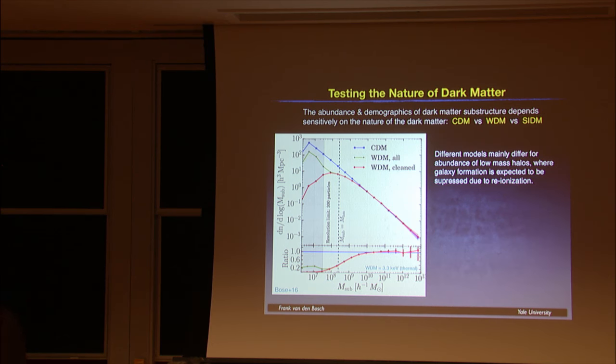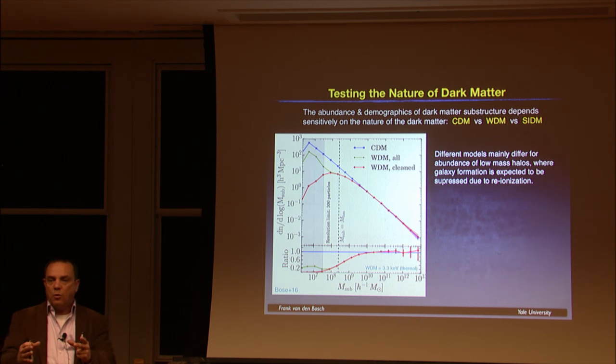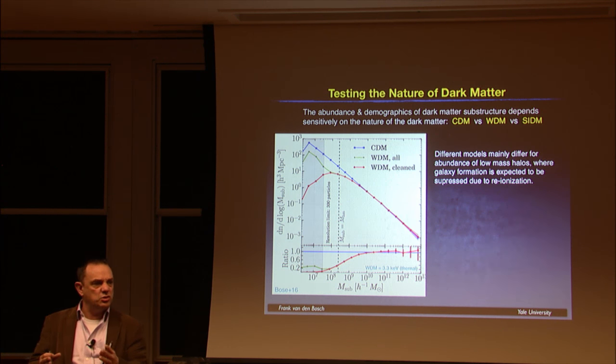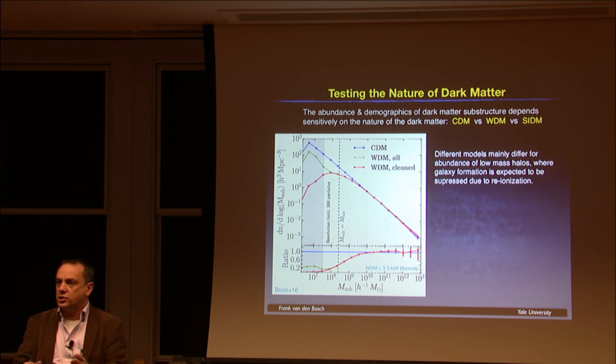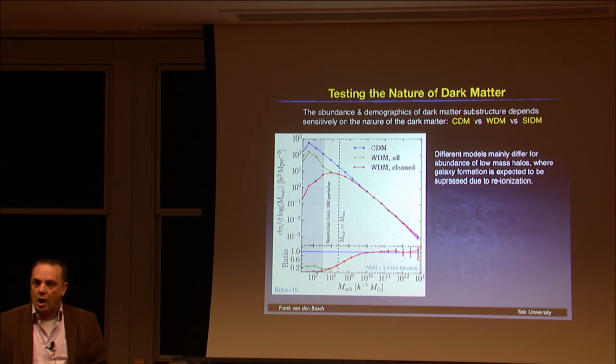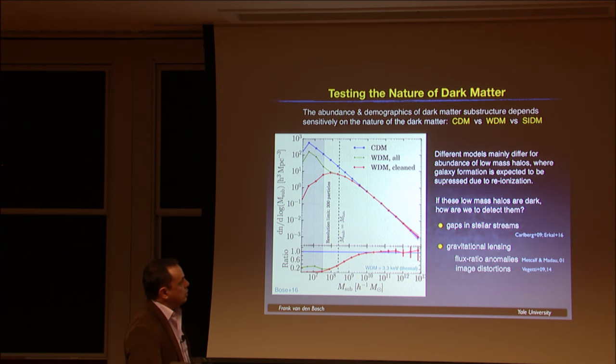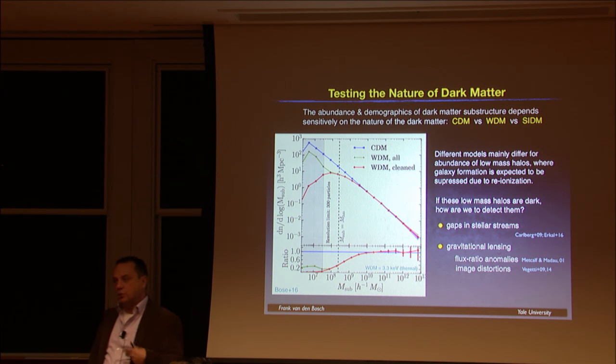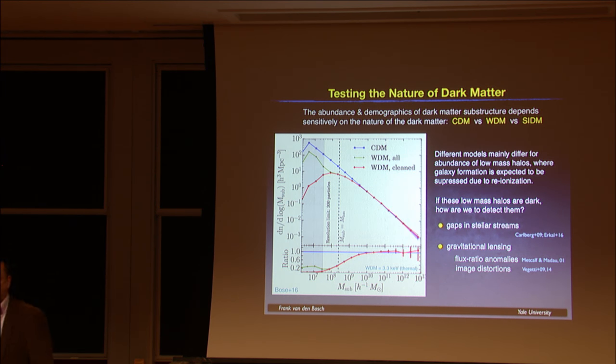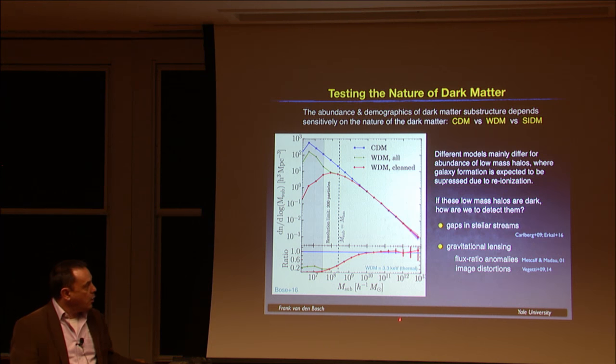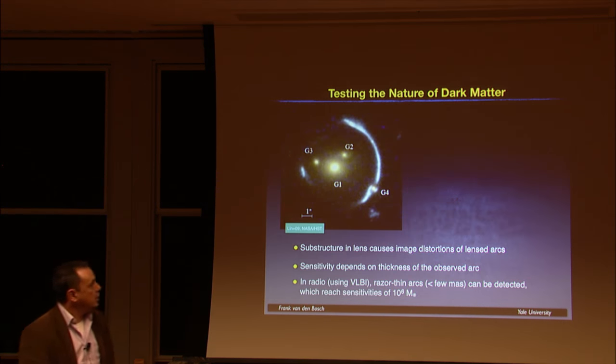Now, 10^8 solar mass is problematic because that is really low mass halos. Reionization tells us we don't really expect much galaxy formation in such low potential wells. So how are we going to detect those 10^8 solar mass halos? Well, there's different ways. You look for the dynamical effects, for example, in gaps in stellar streams, or I think more promising is gravitational lensing. And I'll show you one example where I think this is really going to be